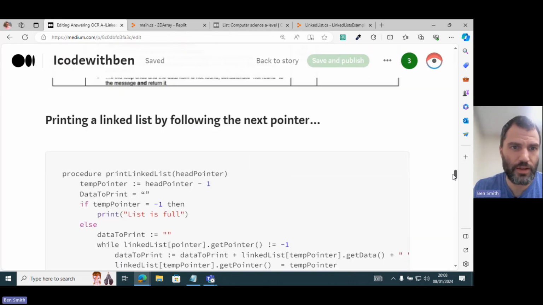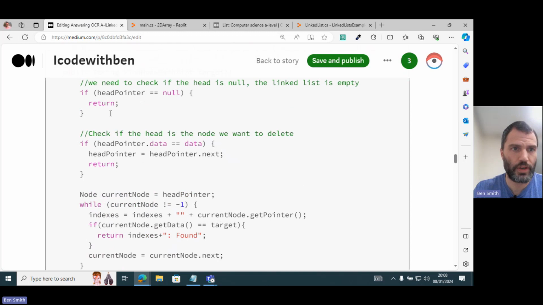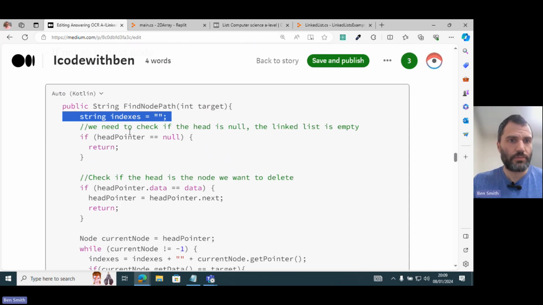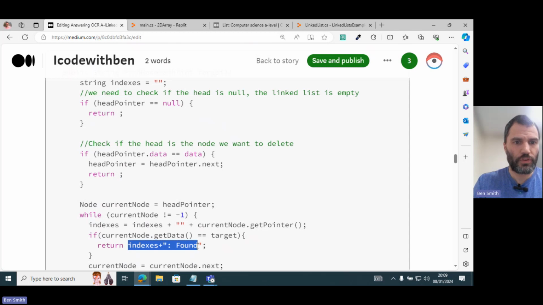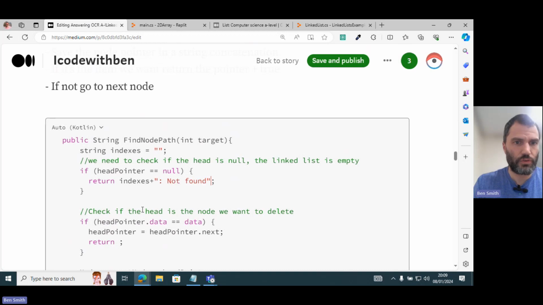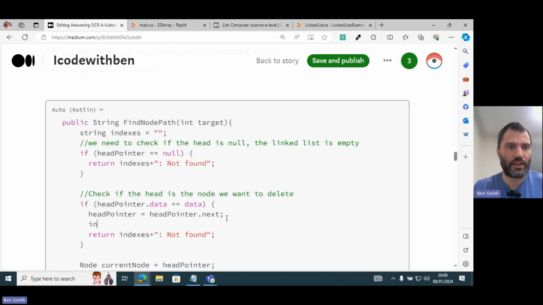I don't know if you could see that, but basically we've got this string variable here, and I'm going to start that at the beginning of the function, and then what we're going to return here, at each point I'm not returning something, so I want to return that I've not found it and the indexes that I've gone to so far. Well, if the list is empty, we won't return anything. However, if that is that, we're going to update indexes, and we're going to add on